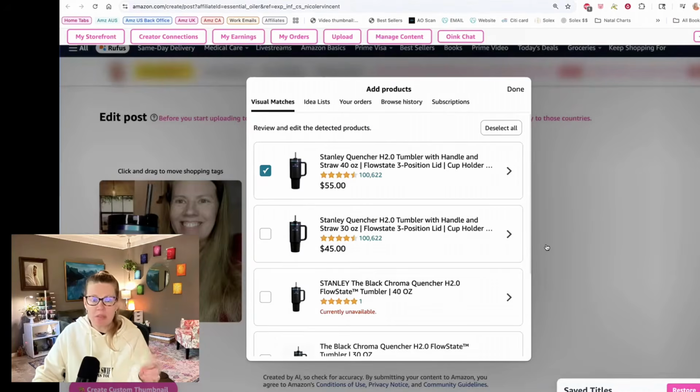And with Amazon Photos, when you're doing shoppable photos, it does have AI that will detect the product and tag what it thinks it sees in your product, which is really, really awesome. And honestly, for most of the time, it has been very accurate. I would say at least 75% of the time is very, very accurate. But you have your same options here of searching Idealist, your orders, or browse history